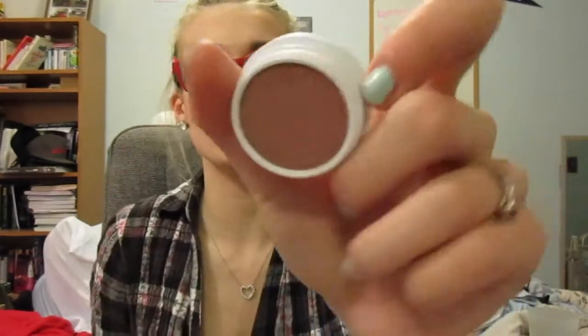This is what I have right here on my eyelids and in my crease, just a one color look with a wing. It looks kind of brownish in the pan, to be honest. When I first got it, I was like, oh dear, did I order the right one or not? But yes, it is the right one. I promise. It is a rosy brown, and when you pack it on more, it looks a lot more